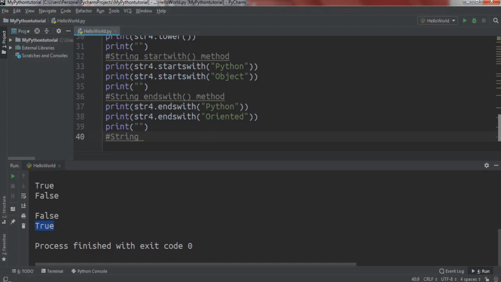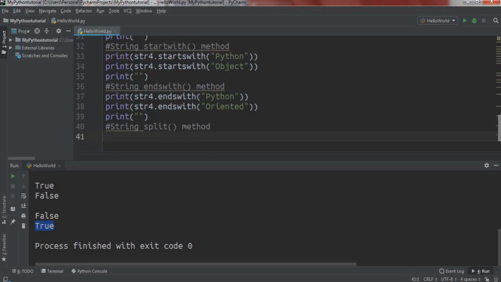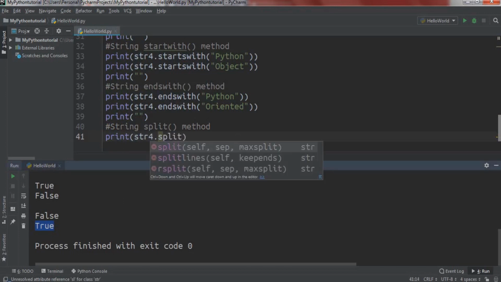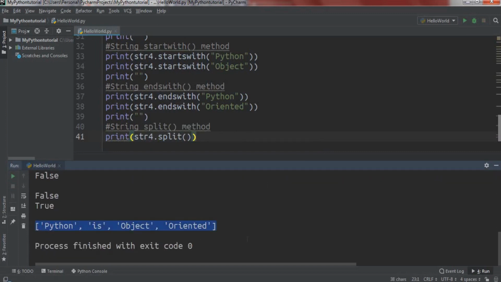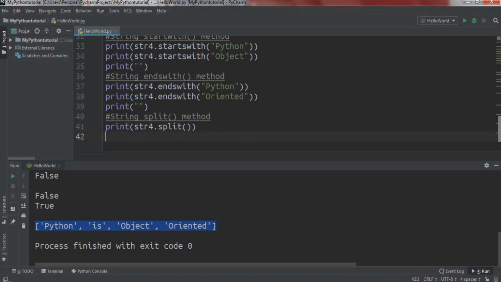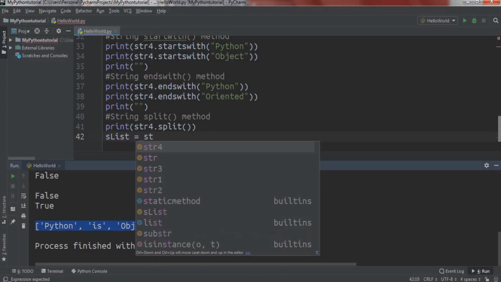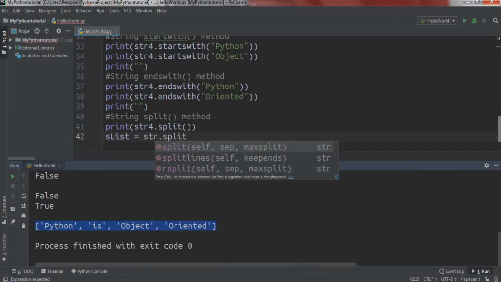For example, the result is that the string is being split into smaller strings. And if you want to return the split string as a list, you can do that by using the for loop. For example,